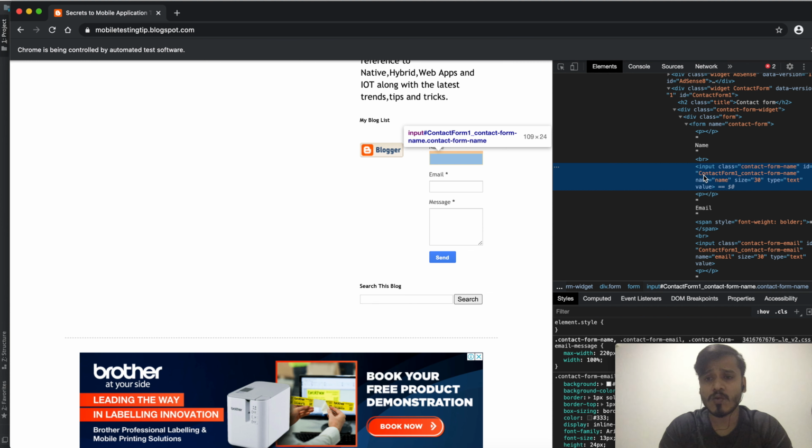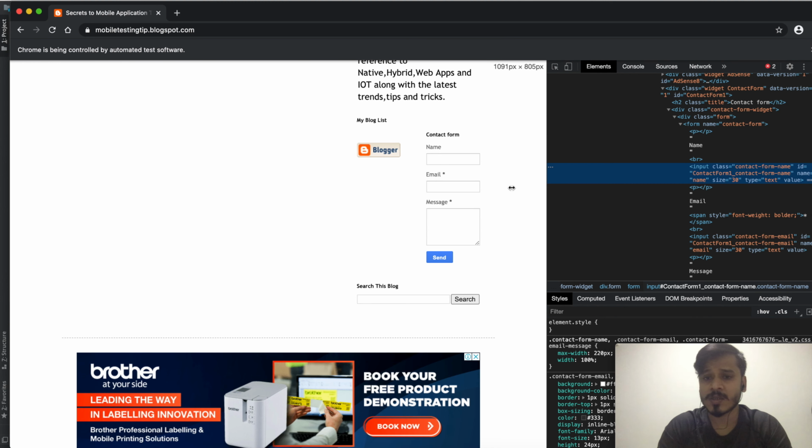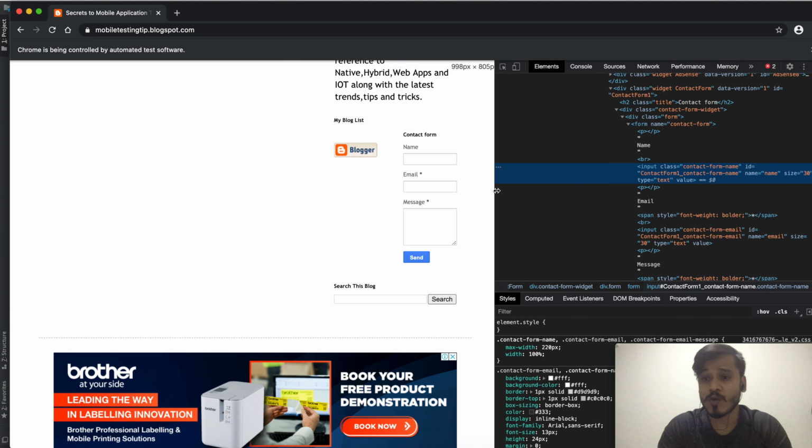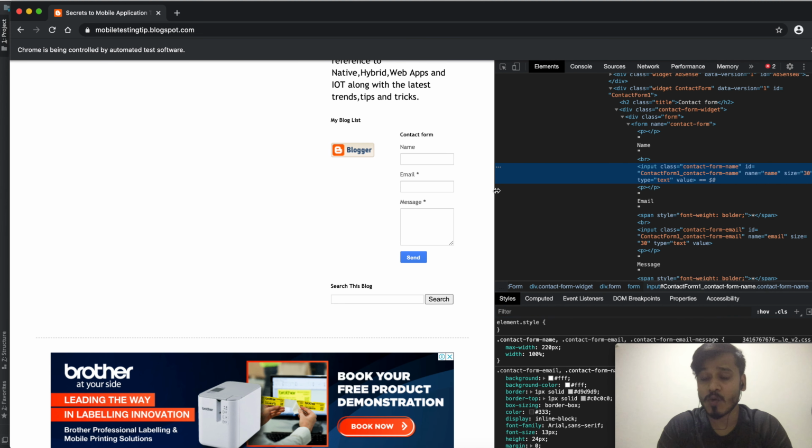In order to find the element to perform any action, we can do it using multiple properties that are there, like name, ID, class, CSS. There are multiple properties which you can use, but if you don't want the test case to fail too often, the best thing that you can use is the ID.